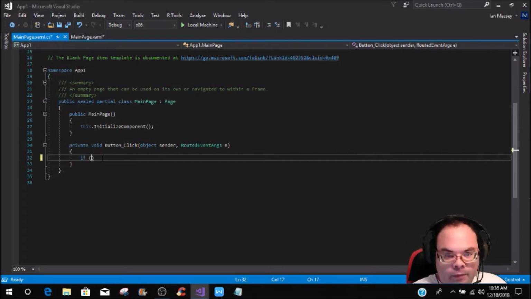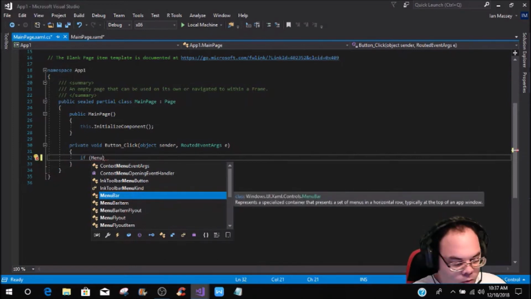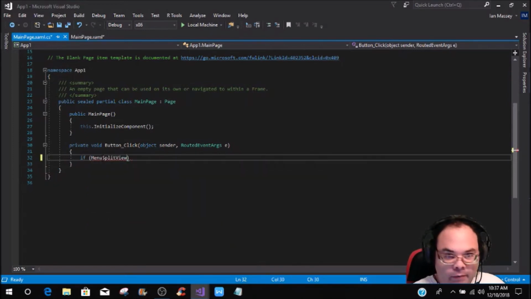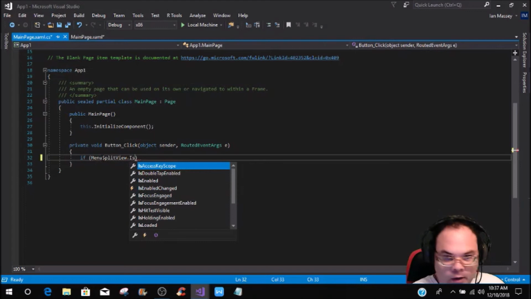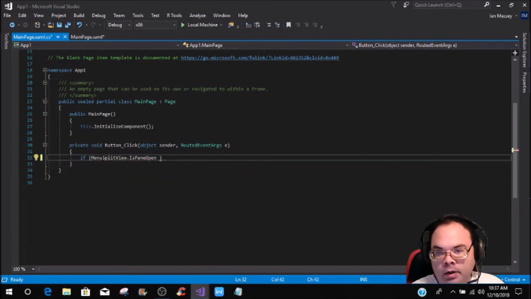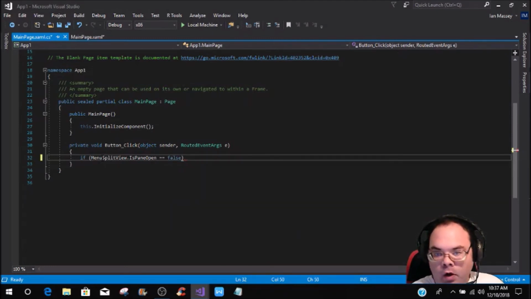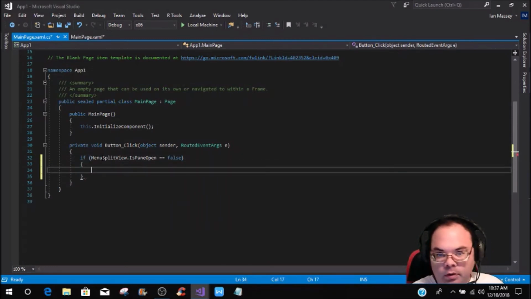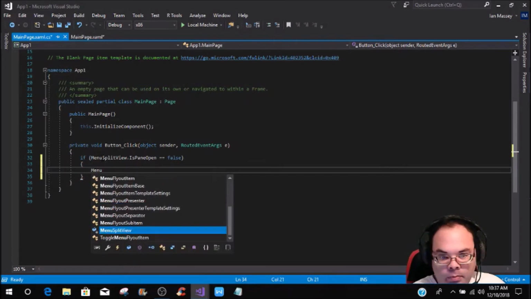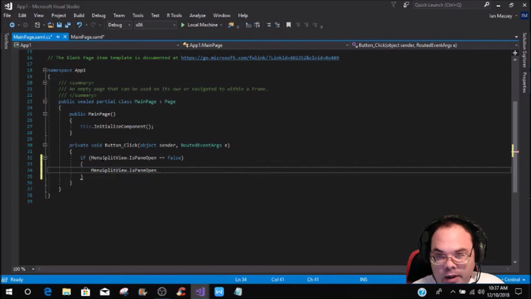So if menu splitView dot is pane open is equal to false, then you're just going to come down and put menu dot splitView dot is pane open equals true,